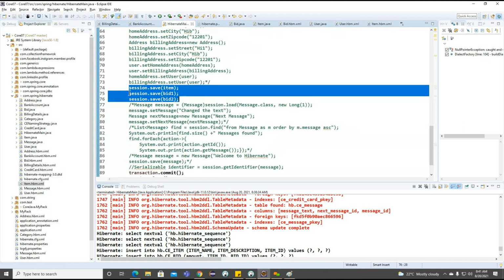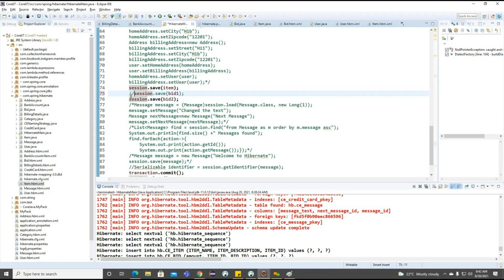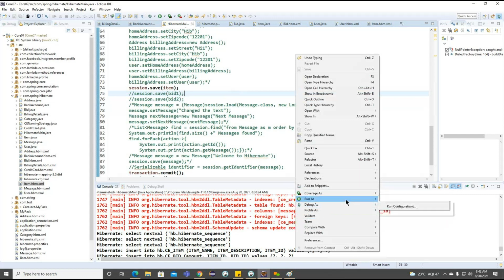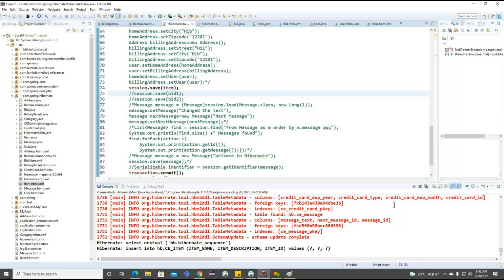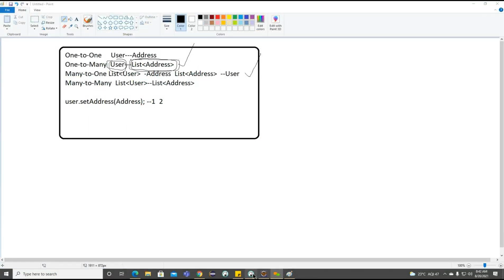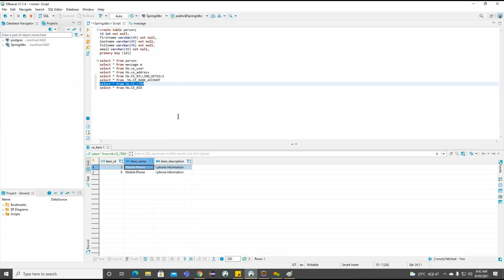Getting the point? So we need to make this particular one true. Now observe, we'll go to the main class, and I don't want to focus on these two sections here. Now observe, if I'm going to run the same example here, did we get any error here? But now we need to understand whether the data is inserted into item or not.